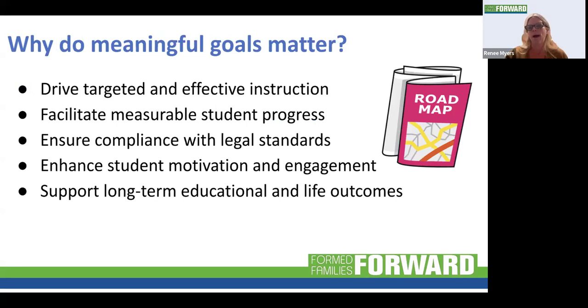So why do meaningful goals matter? Developing meaningful goals is critical because they serve as the roadmap for a student's educational journey. Well-crafted goals direct educators toward providing targeted and effective instruction tailored to the student's individual needs. They address educational functional needs that are outlined in that PLAF statement that we talked about being so important. Meaningful goals allow for measurable progress, and they enable the IEP team to monitor the student's development accurately and then adjust teaching strategies as necessary